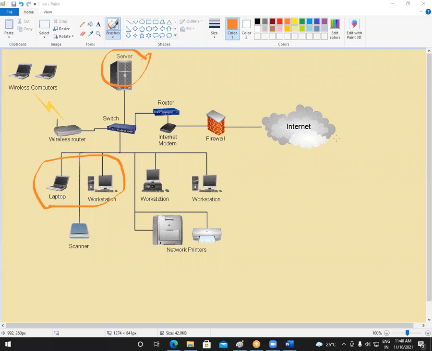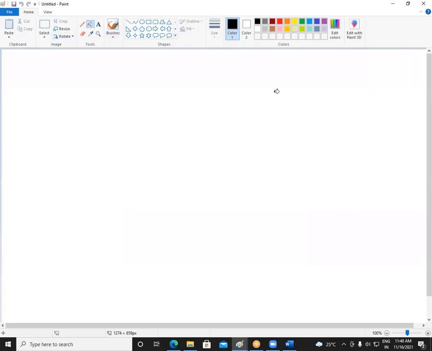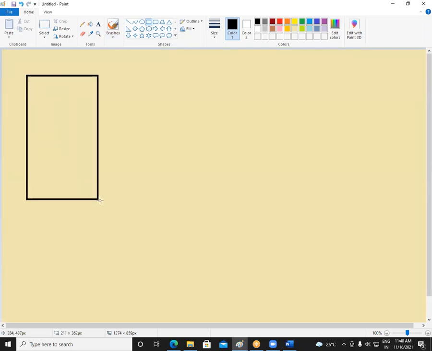Now, there are certain layers we have in a computer and there are certain layers we have in a server. So if I go with the computer first, the first layer in a computer is your hardware layer for sure.